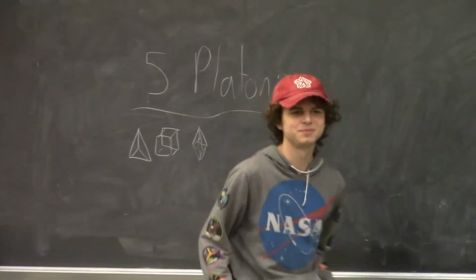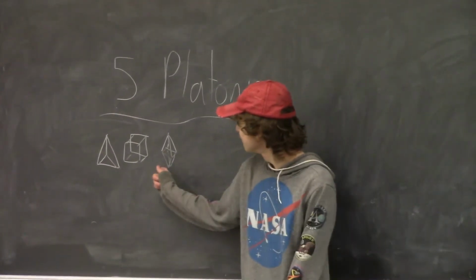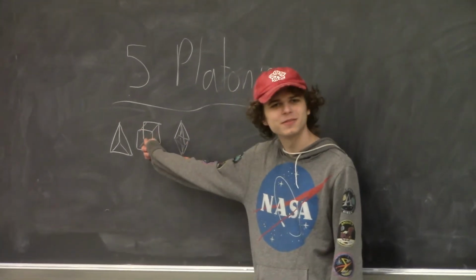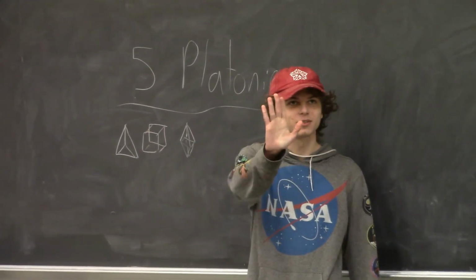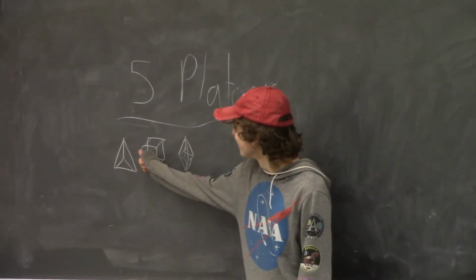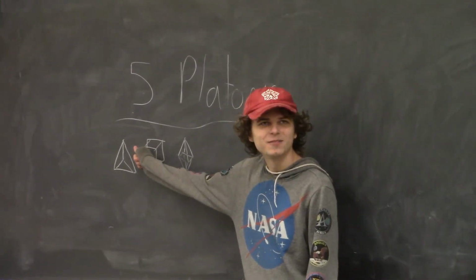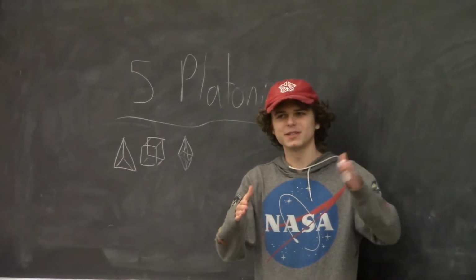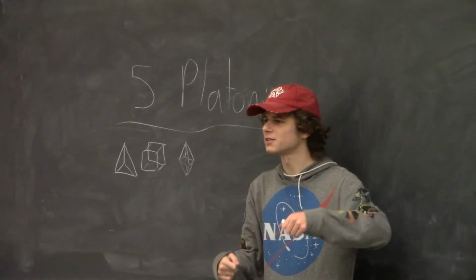In particular, look at these two. If you take every face here and put a point on it, and then for every vertex, you put a face, so just replace faces with vertices and vertices with edges,